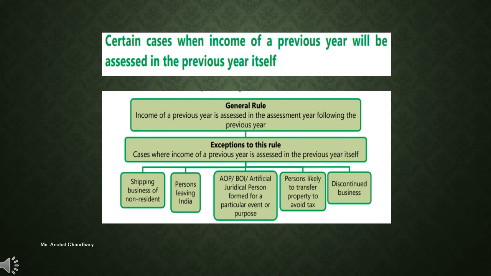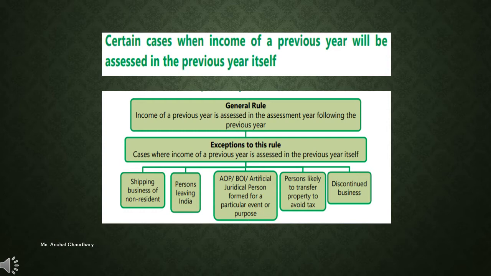Students, generally, whenever we compute the income tax on the assessee's income, we compute it on the basis of the previous year's income. Whenever we apply the tax on the income, we compute that tax on the previous year of that particular person. But there are certain circumstances, certain cases in which you have to make an exception to this rule. Whenever you are required to compute the tax on the current year income only, there are some cases, and these are permissible under the Income Tax Act. So let's discuss these cases.